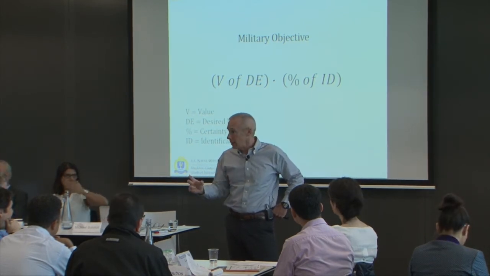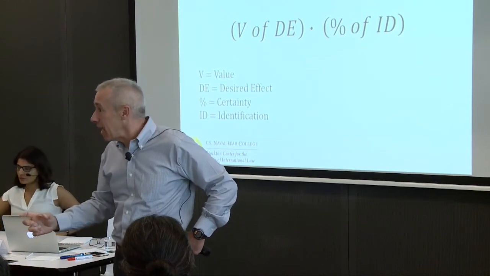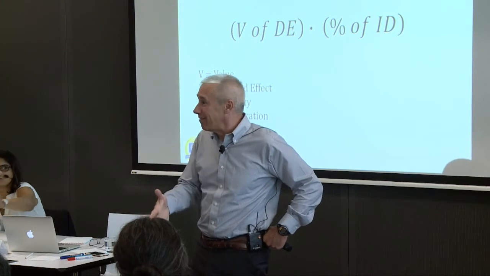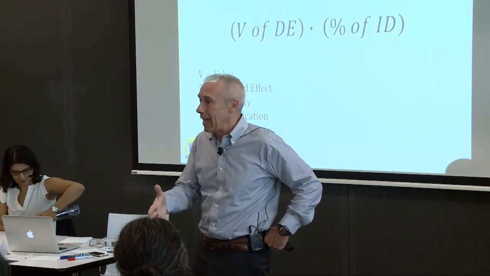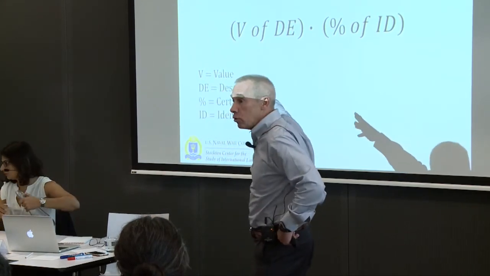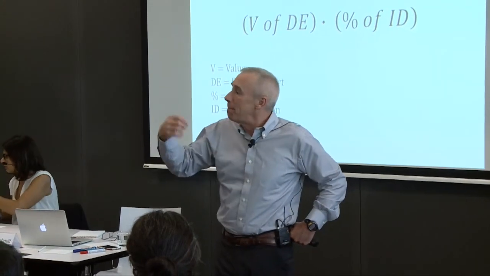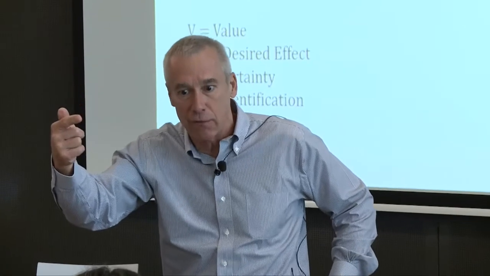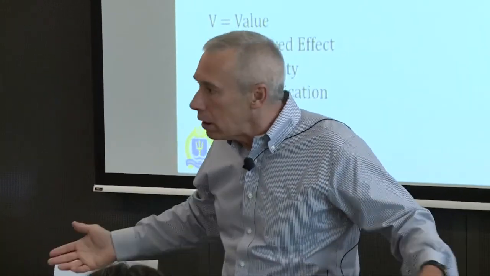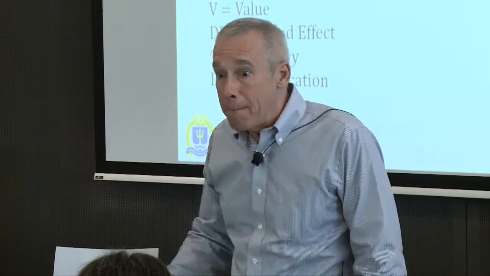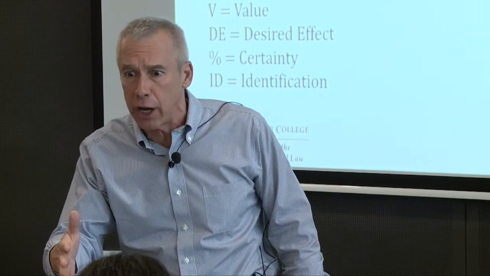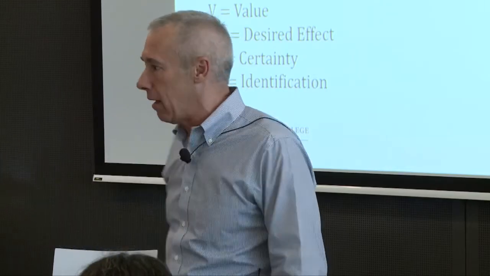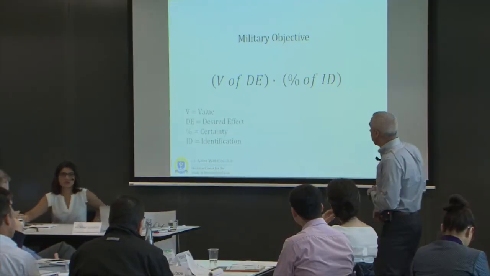At one point, this certainty was 30% early on in the process. But that's Osama bin Laden. That's a really bad guy, and the desired effect is huge. That might be good enough. By contrast, if you have an insurgent fighter, you think it's an insurgent fighter, on a mountaintop, he's all alone, he's not near your troops, maybe 90% isn't good enough. Why? Because that individual is of little value. So you do this in every case.